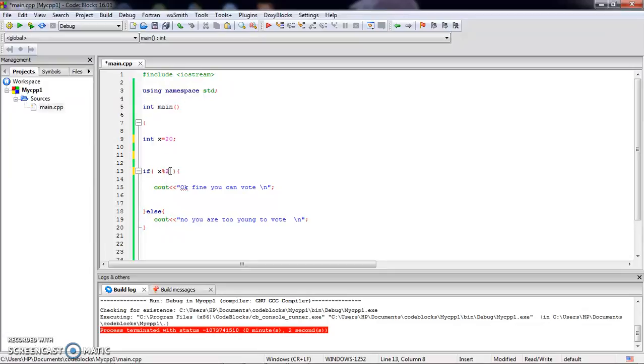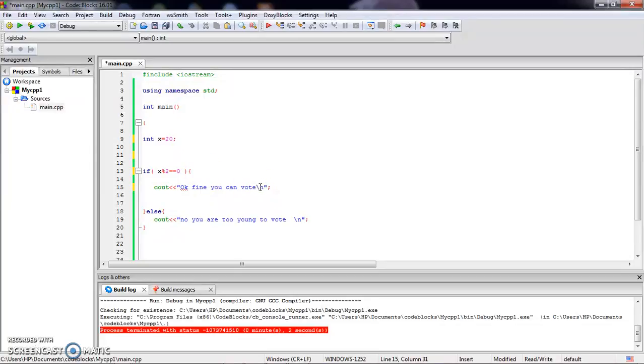The origin of this percentage sign is called mod. If the remainder is equals 0, remember we are not assigning, we are comparing. If it is equals to 0, okay, print